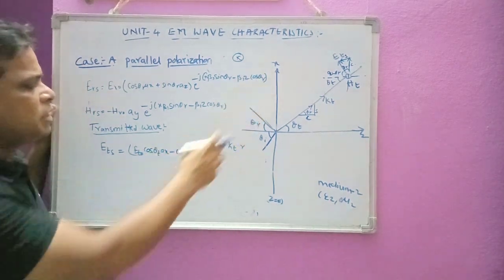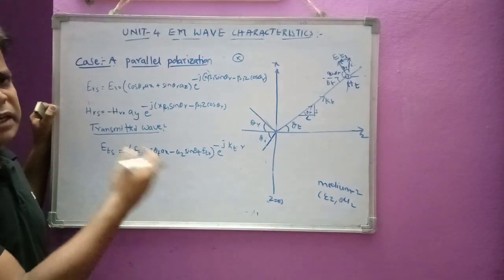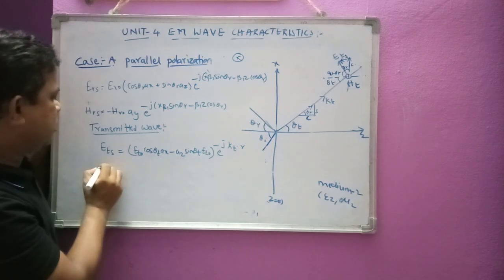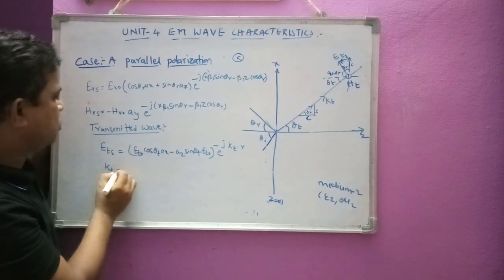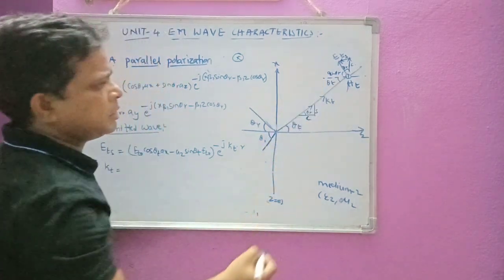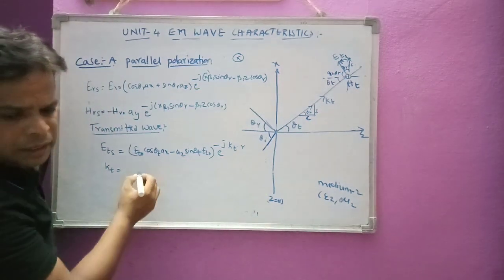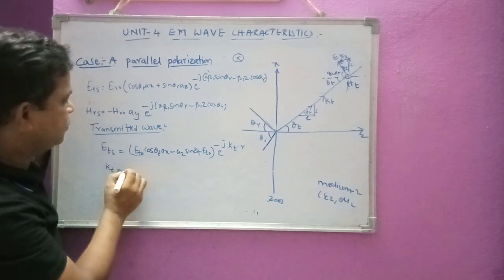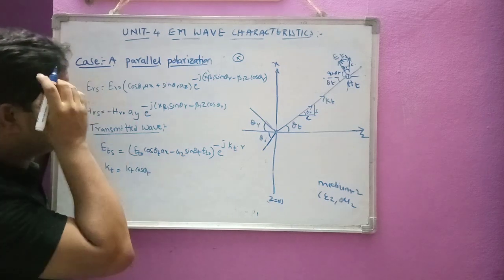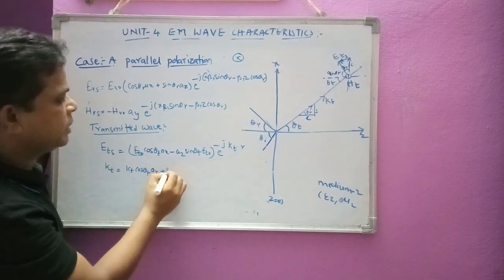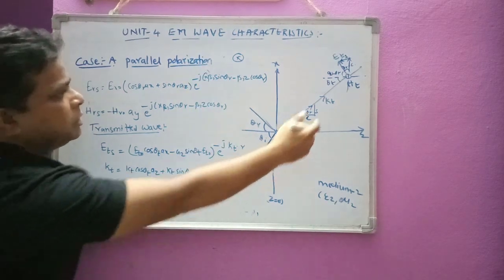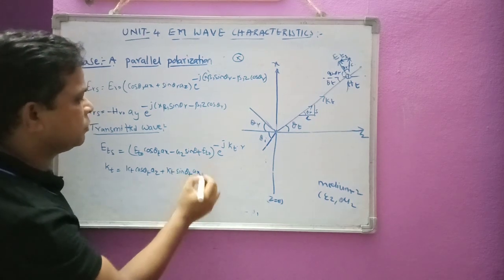Now we have to do the same procedure as we have done for the electric field, for the incident, reflected, and similarly for the transmitted wave. Now I will do kt dot r. kt is equal to this one. The cosine component is along the positive z and the sine component is also along the positive x direction, ax. So I can write kt cos theta t z plus kt sin theta t, along the x direction, positive x only.